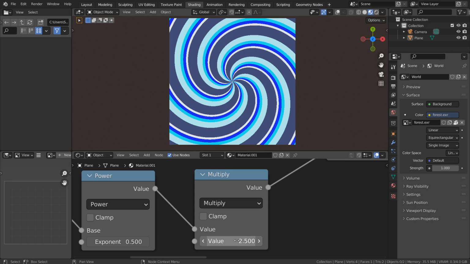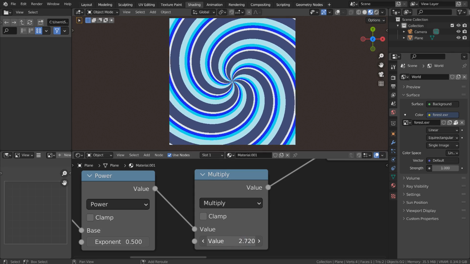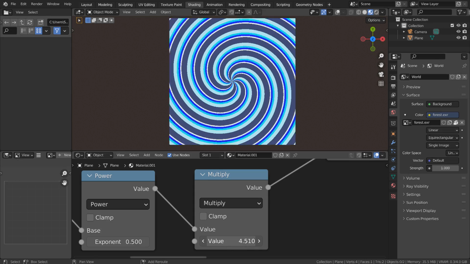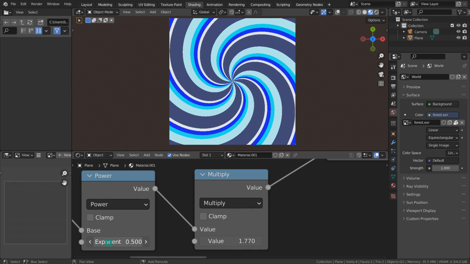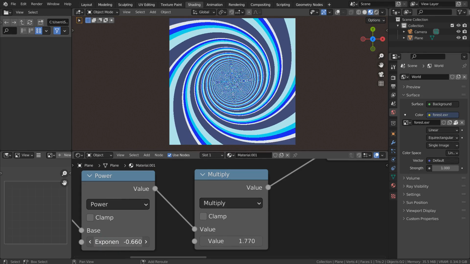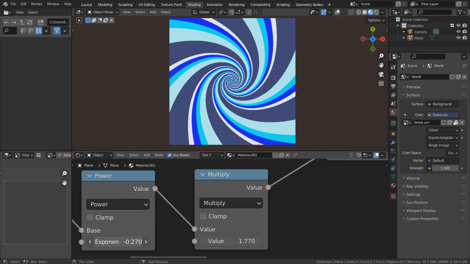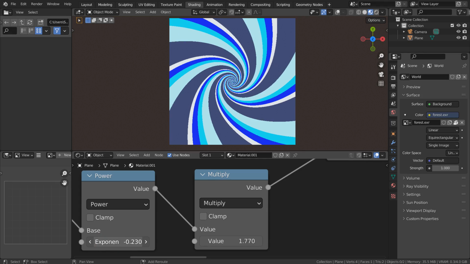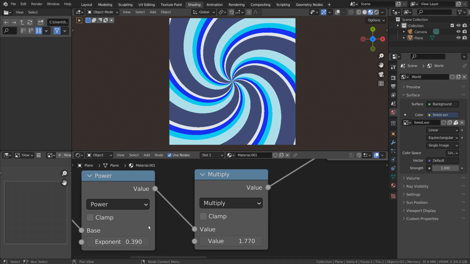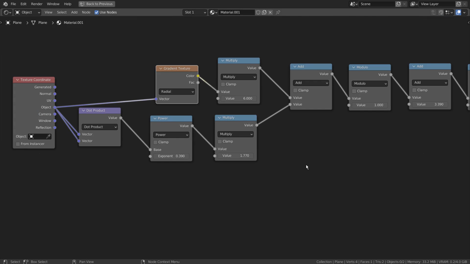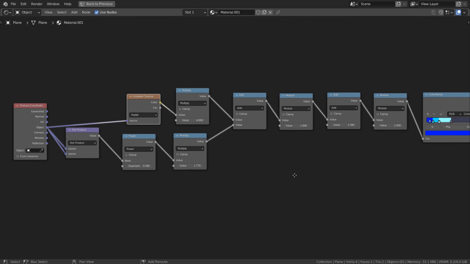In this tutorial, I'll show you how to create this swirling material. This node set is huge, so I'll zoom in shortly.